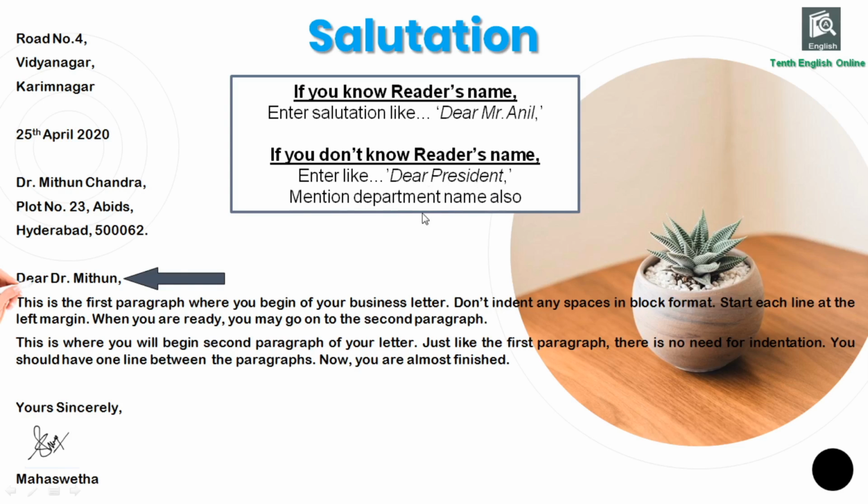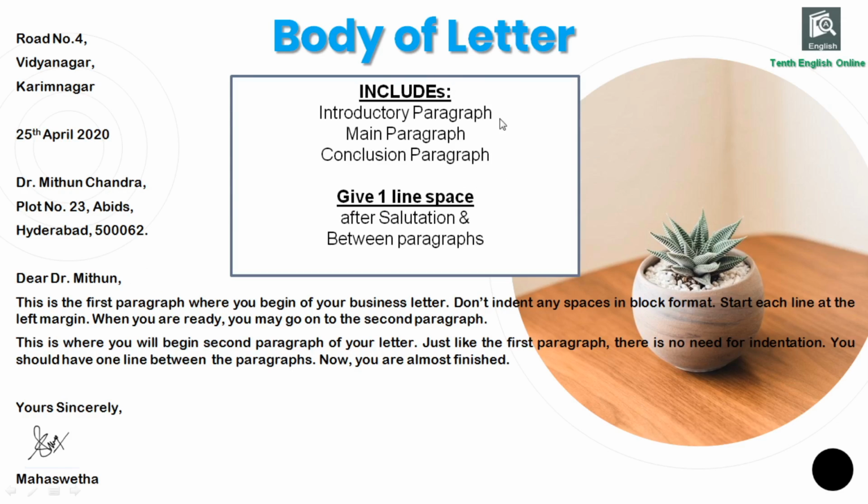We know very well, the body of the letter includes a minimum of three paragraphs. The first one is an introductory paragraph where we introduce ourselves and ask him how he is and say how we are, etc. And second one is the main paragraph. This is the area where we write the most important idea or theme of the letter, here in this paragraph only. And third one is the conclusion. So we have to end our letter in this paragraph. Fine. So we have to maintain at least one or two lines of space between the paragraphs, right?